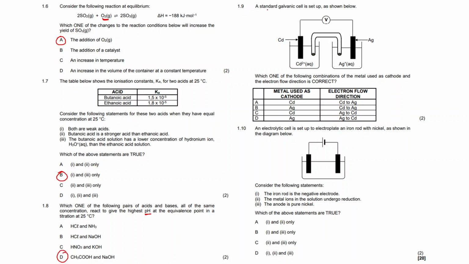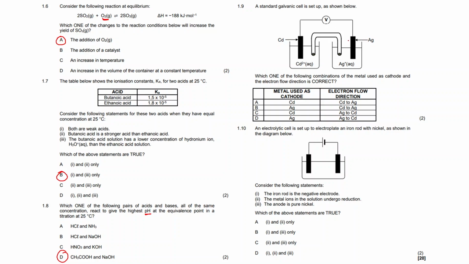Question 1.9. A standard galvanic cell is set up as shown below. Which one of the following combinations of the metal used as the cathode and the electron flow direction is correct? So, if we look at our redox reaction table, we would be able to determine whether Cd or Ag, or the ions, respectively, which one has a higher oxidizing potential and which one has a higher reduction potential. And if we look at that, we can see that the Ag is a higher oxidizing